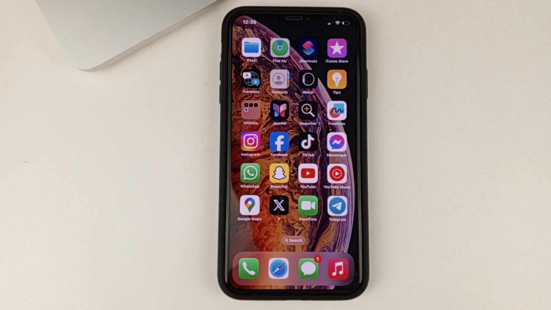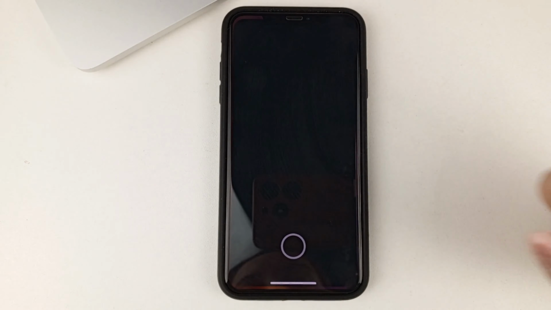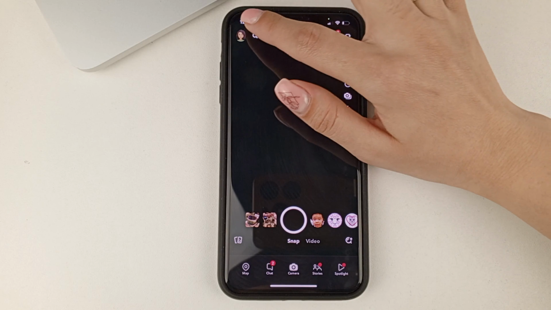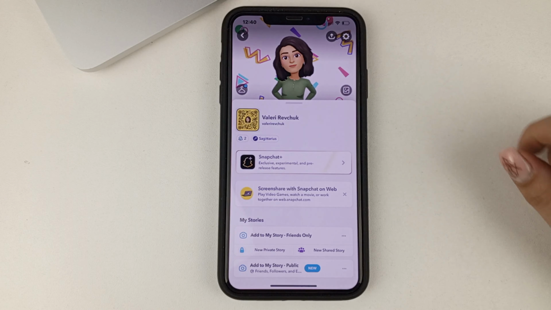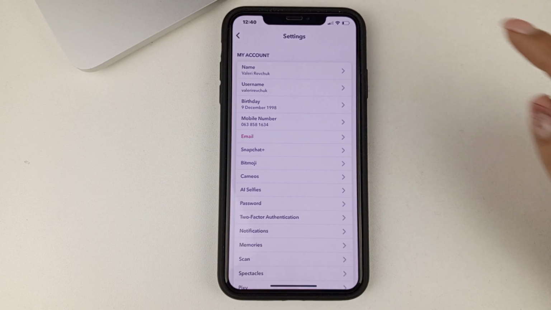Let's get started. To do this, we need to open the Snapchat app. Then in the top left corner click on our profile picture. Then in the top left corner we click on the gear.